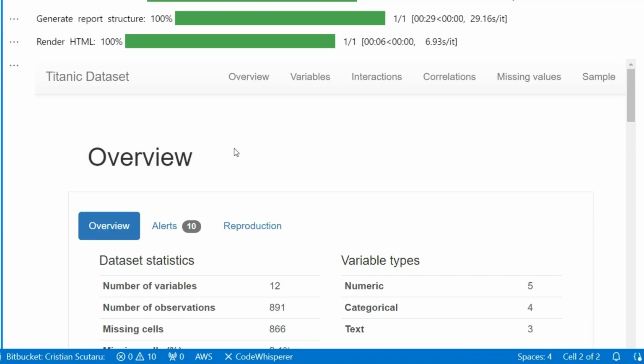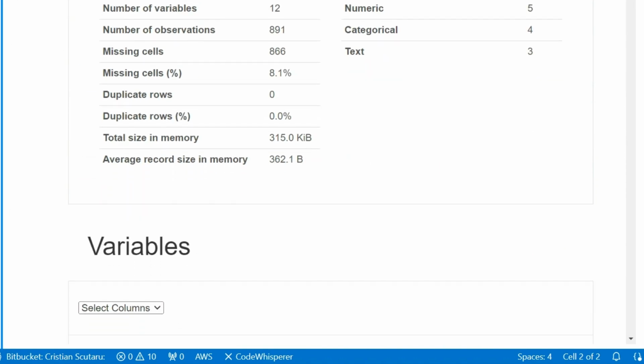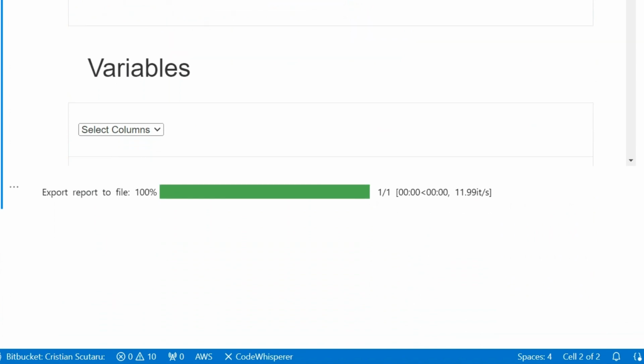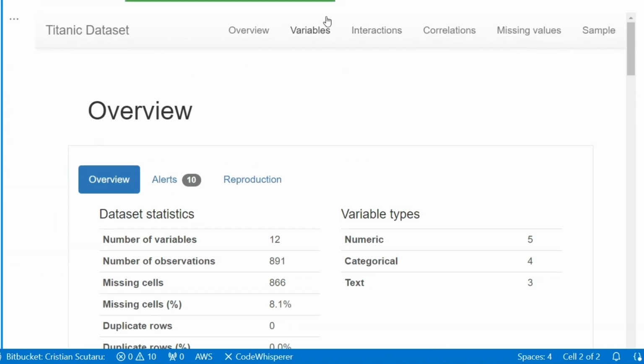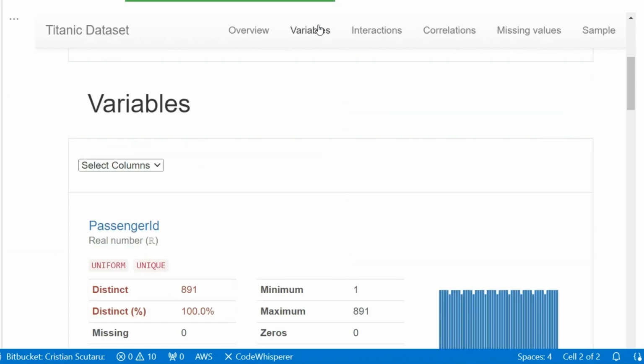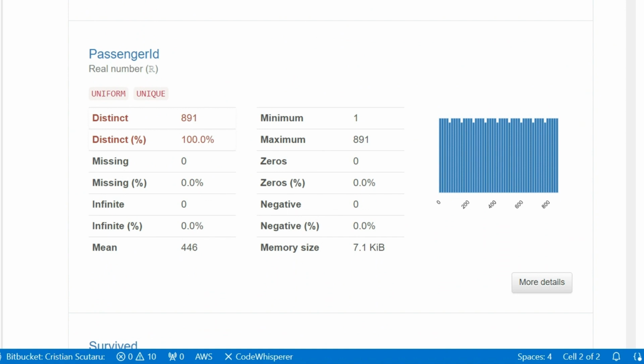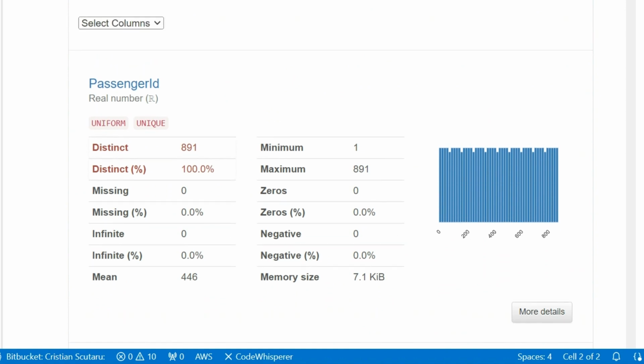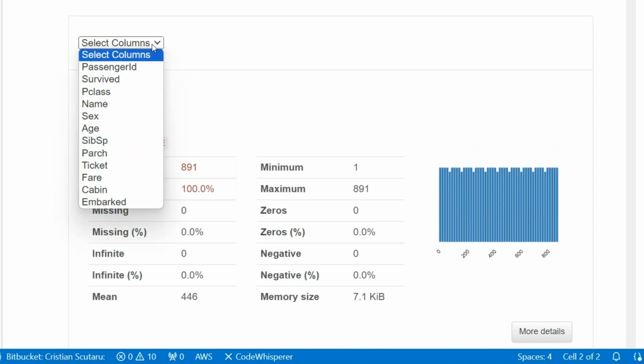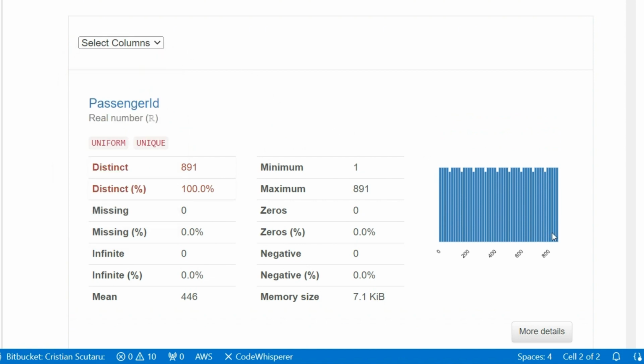So we're in the overview tab here. Let's scroll down. You get different statistics, variables, and so on. Let's switch to variables here. For each different column, you get all the statistics you want, and you can select a particular column from here and get the distribution.